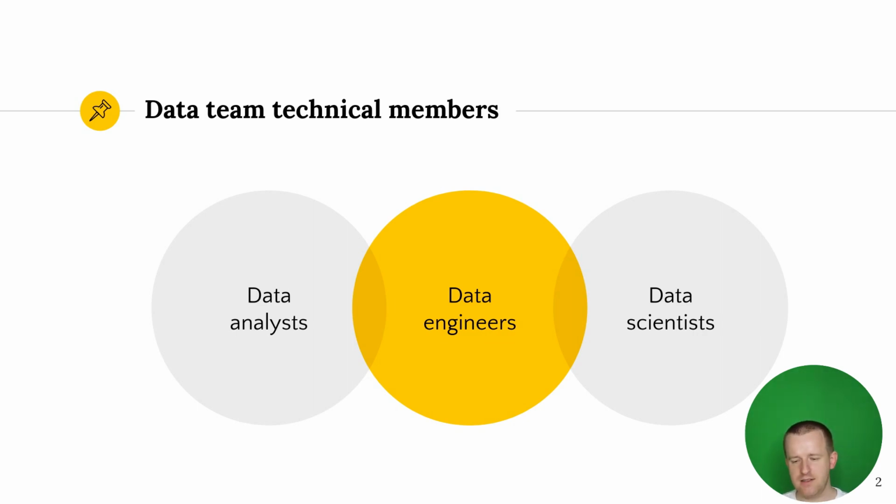So all these data scientist and data analyst personas need the data that is prepared by data engineers, and that's why I put the data engineers in the center of this schema. Of course, there is no data team that could work only with data engineers, only with data scientists, or only with data analysts. They all work in symbiosis. They are very close, and the success of data in a data-first organization depends on these three team members.